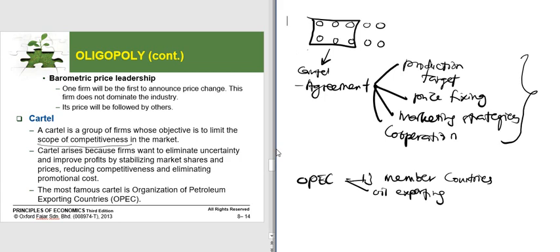Examples of member countries included in OPEC are Middle East countries, for example, Iran, Iraq, Kuwait, and you have also United Arab Emirates, and other countries like Venezuela and Nigeria, Libya, and so on. So you have 13 member countries. The current number is 13, and these 13 member countries will cooperate in terms of producing oil and also fixing the price